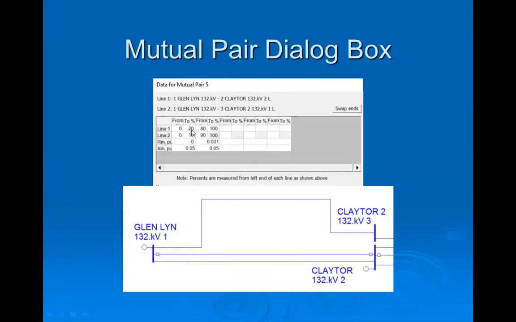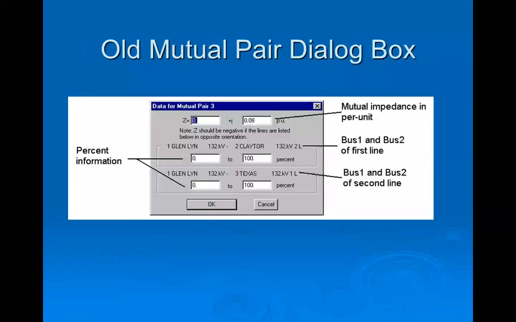0 to 20, 0 to 20, 0 to 10, 0 to 10 here because this line is longer. Okay. And then here from 90 to 100 and from 90 to 100 and from 80 to 100. Okay, so this is still one mutual pair. Okay, then if you compare that to what it used to be, you have only one pair and then you